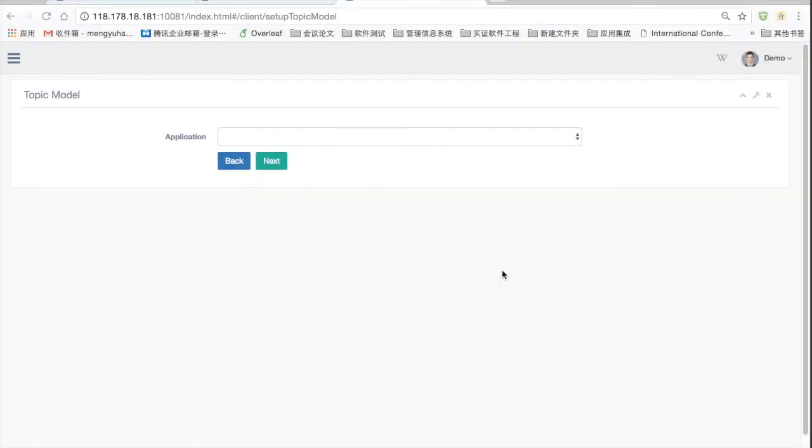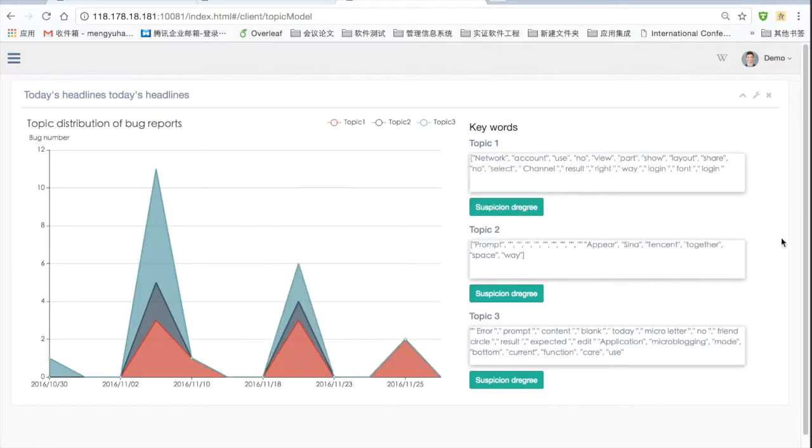After clicking the topic model button at the entrance page, you will need to select an application. We choose today's headline as an example. Then we click on the next button and we will see the graph of the topic distribution and the word